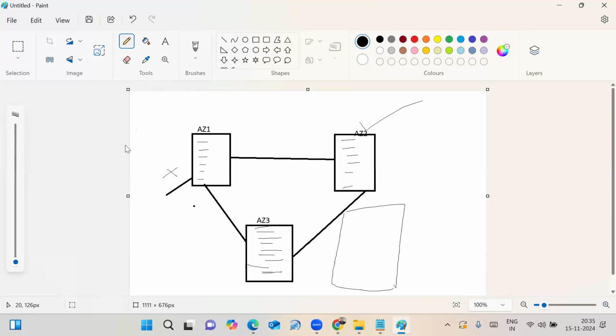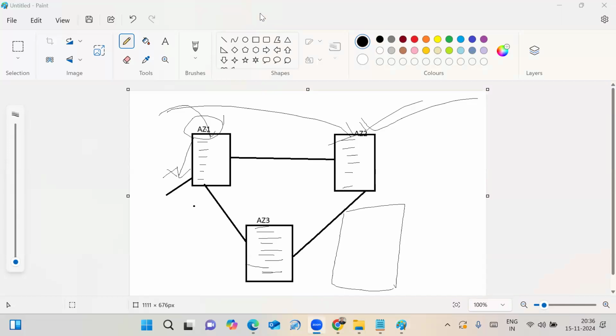If you launch your application in more than one availability zone, even if one goes down, your application still runs safely in another. Suppose you deploy the application in only one availability zone and it goes down, then your application cannot be accessed by others.